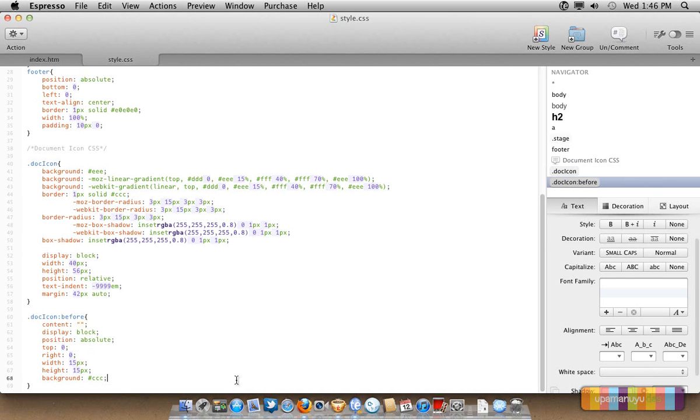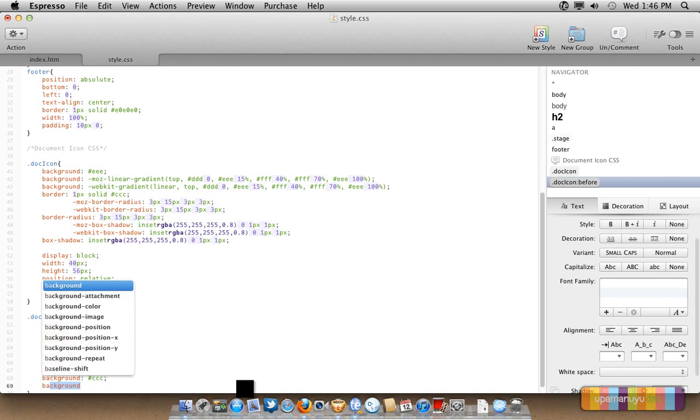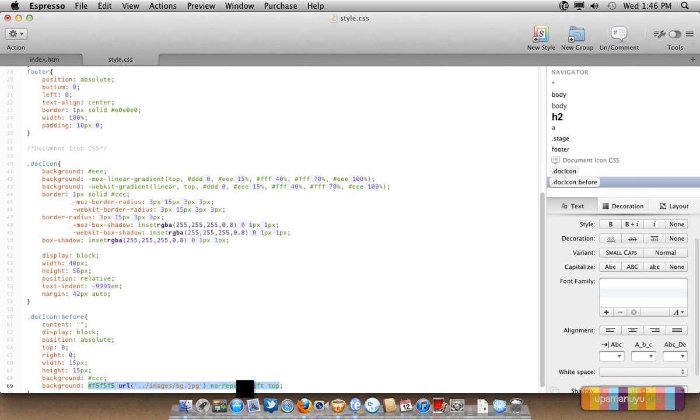Okay, background we have given CCC. Now again background, the Moz linear gradient will be 45 degrees, not from top this time. 45 degrees. Okay, color will be white again,